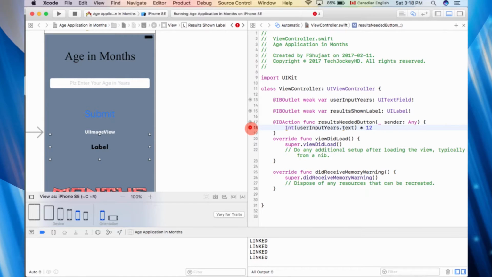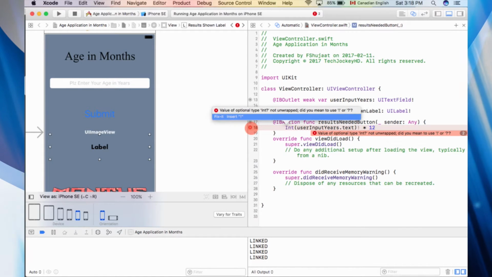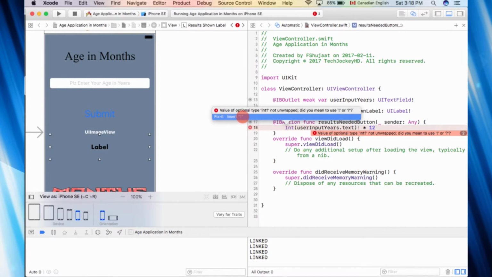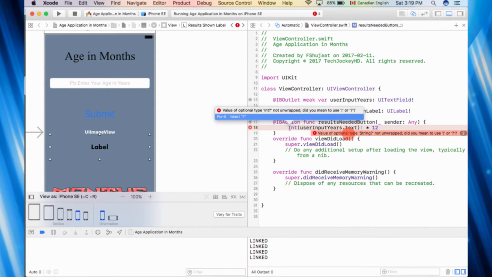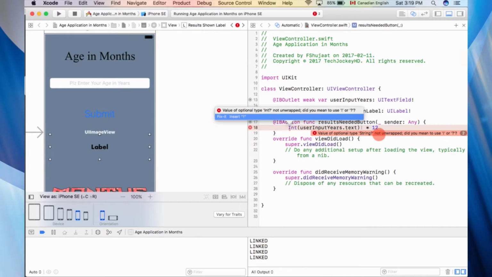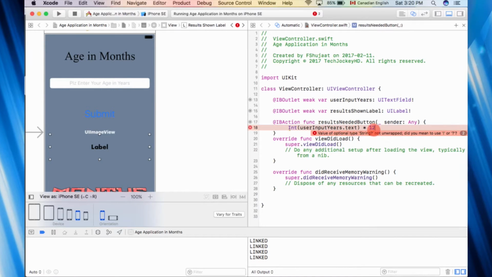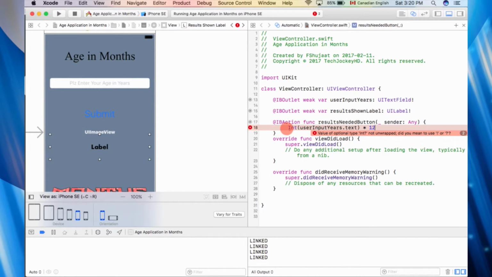But if you guys notice, we still have some problem going on. So let's click on it, fix it, insert exclamation mark. And here it says value of optional type string, not unwrapped. Did you mean to use exclamation mark or question mark? All right, we're gonna get into this information in a bit more detail afterwards, but for now, this right here is